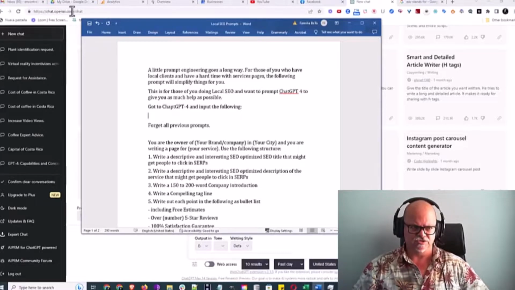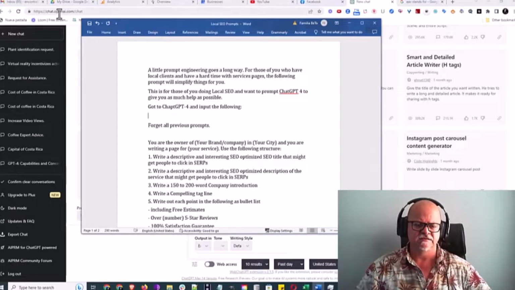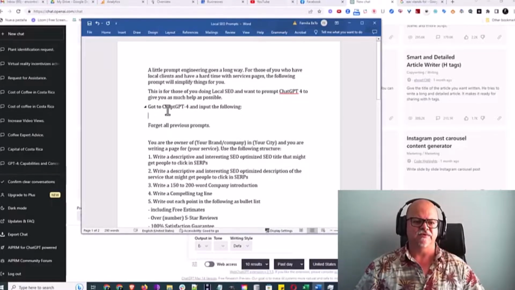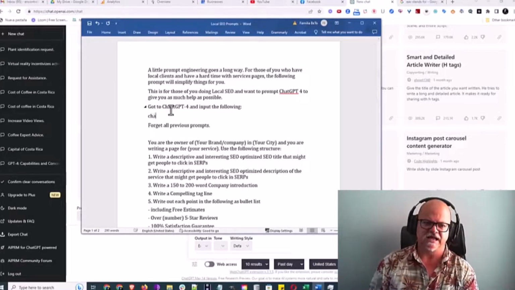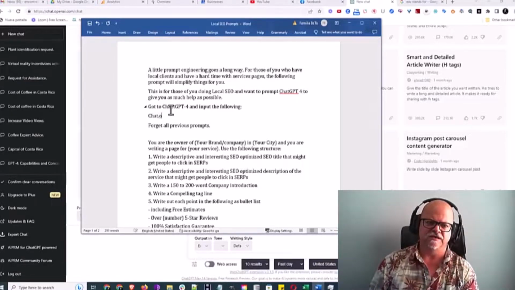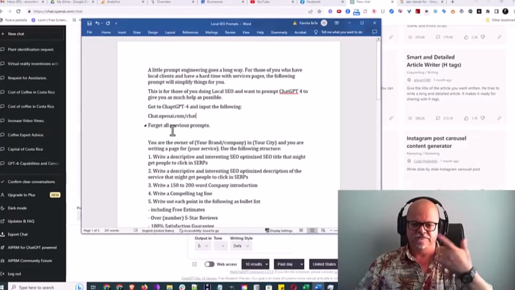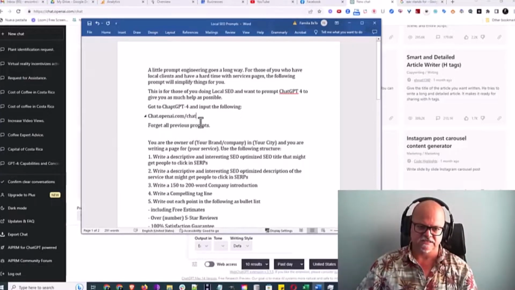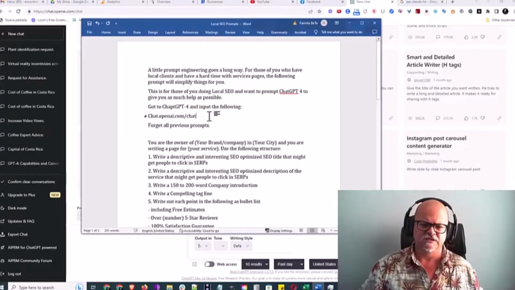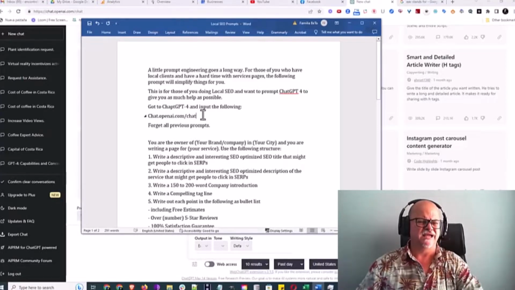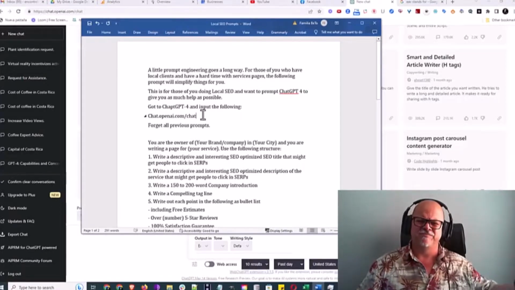So you go to ChatGPT 4, you see I have chat, and let me write it here. It's chat, in case you don't know, .openai.com/chat. If you haven't joined, request to join, request access. I usually sign in with Google. I've had access to OpenAI, to the beta playground.